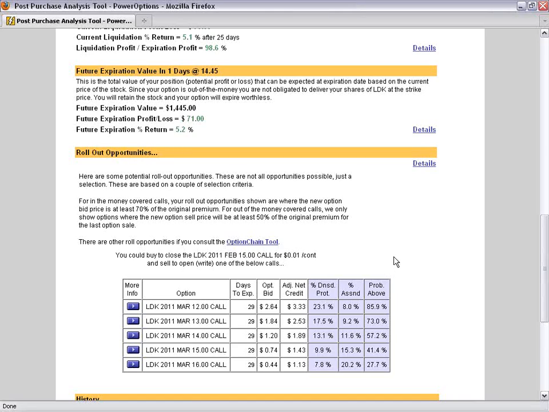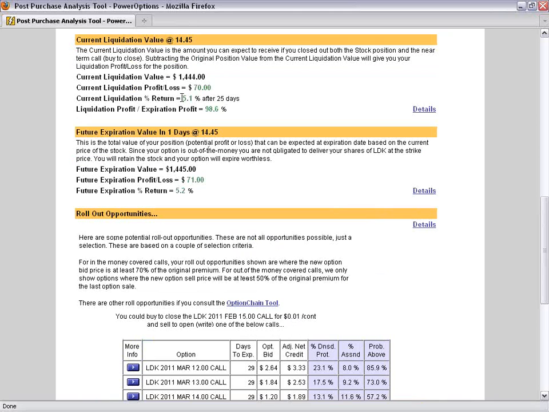But I'm just using this as an example with a covered call because it's the most commonly used options trading strategy. But in this scenario, when I open the position, let's say that my goals originally were to make 2.5% to 3% per month. That's what I'm looking to accomplish realistically with my covered call trade. Now this one worked out the way I wanted it to. I'm making about 5.1% after 25 days right now, just by the liquidation, the gain in the stock, and the premium we received for the call.